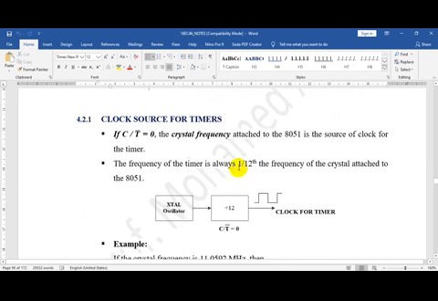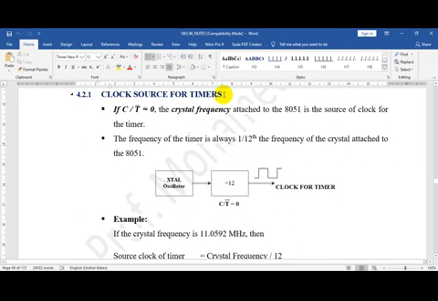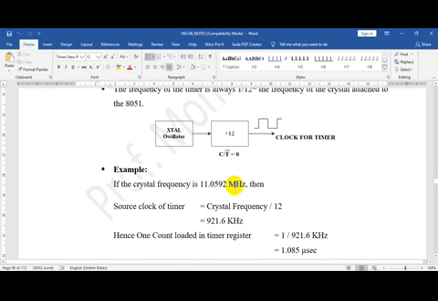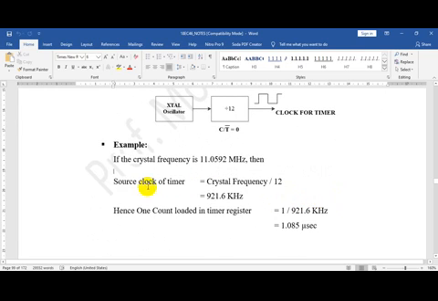Now, what is the clock source for timers? I have already discussed this. You have a crystal connected that is divided by 12, and whatever clock you get is the clock source for the timer. That is the minimum count. For example, if the crystal frequency is 11.0592 megahertz, then the source clock for the timer is 921.6 kilohertz.